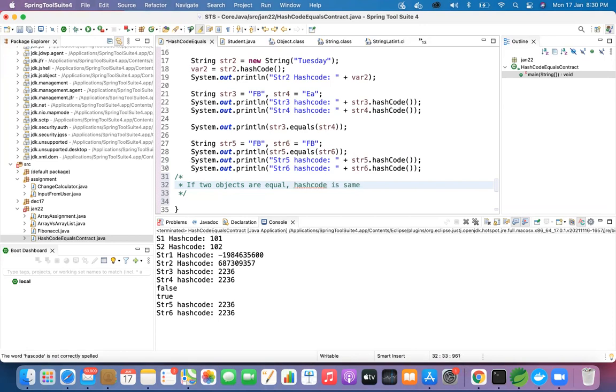Okay, if you see line number 21, string 3 as FB and string 4 as EA, though my hash code was the same, the equals was returning me false.